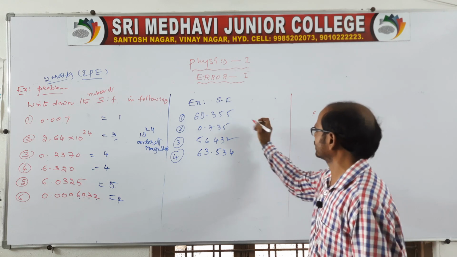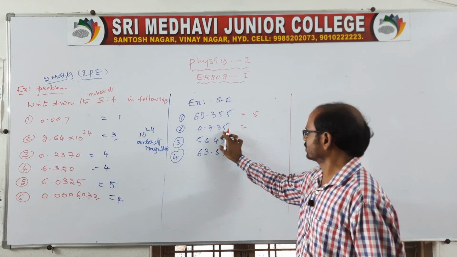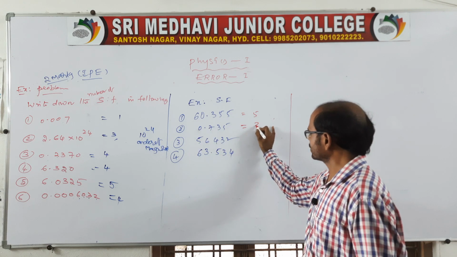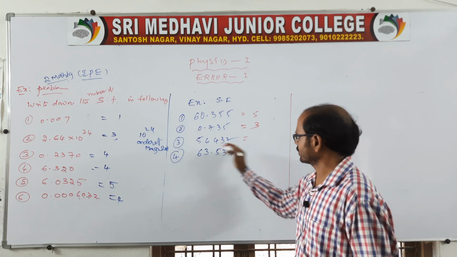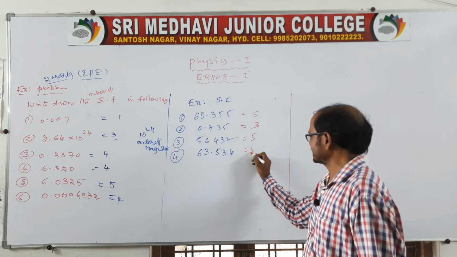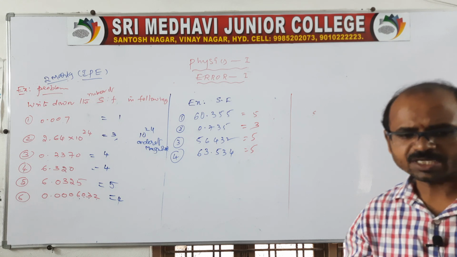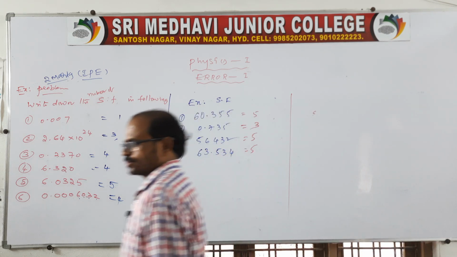Here you write the significant numbers: 1, 2, 3, 4, 5. And for the next, you write 1, 2, 3 because it is less than 1, no? Then you take only 3 as significant, 1, 2, 3 without any decimals. Then 1, 2, 3, 4, 5. You write 5. Here also look, 1, 2, 3, 4, 5 because it is greater than 1. So this is the way. Here we should write the significant numbers like this. Okay, so you go through this.